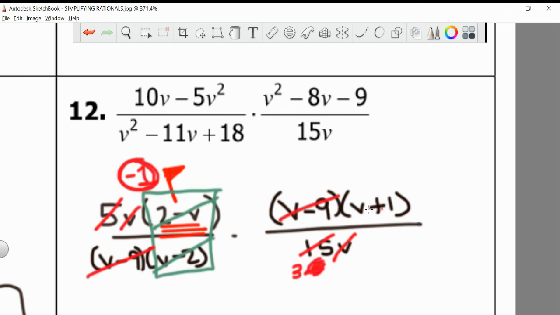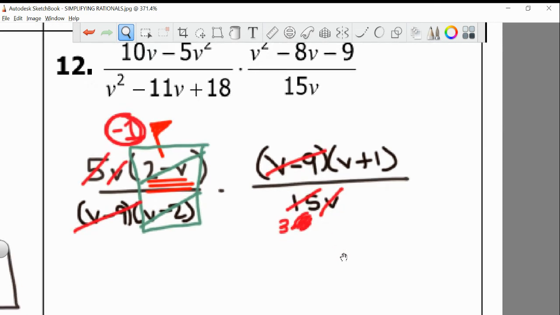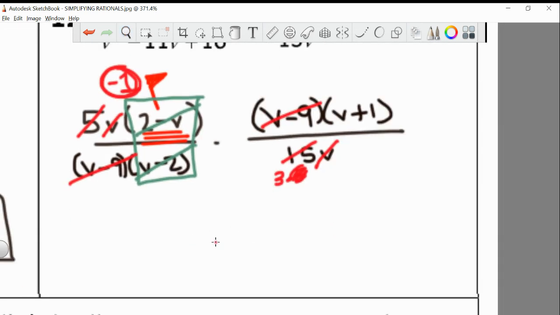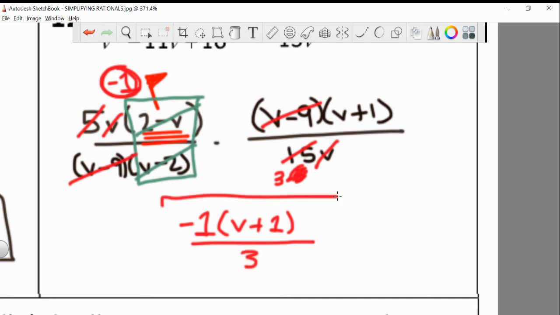So we need to figure out what is left over for our answer. Okay? On top, a negative 1, a v plus 1, and on bottom, 3. Beautiful. All right, really solid job. That is multiplying rationals. It's basically the same thing